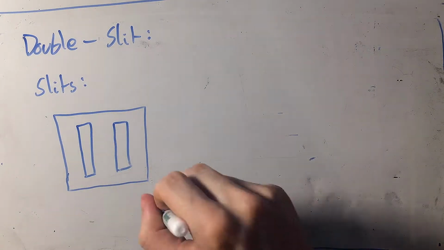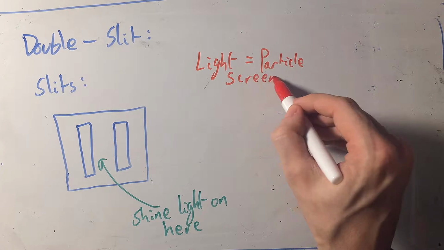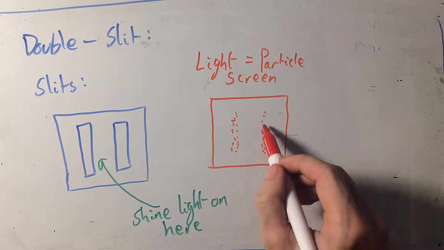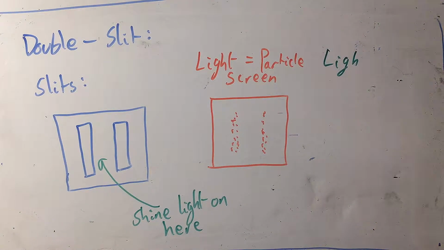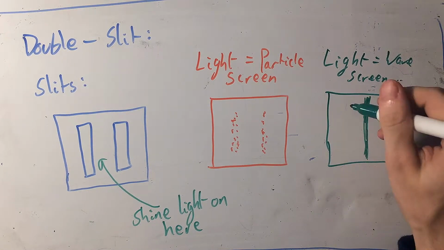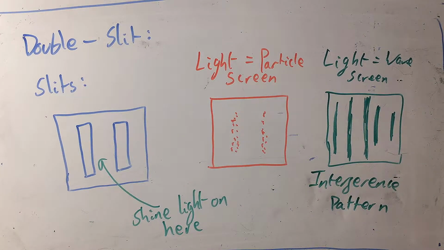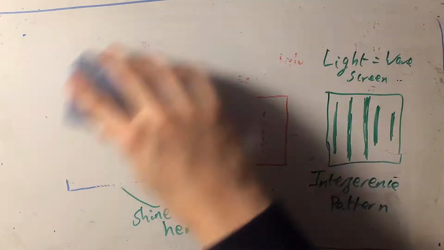In the experiment we have one wall with two slits in it, and another wall behind it that acts as a screen. If light is a particle, you expect there to be two bands of hits on the screen behind the two slits. If light is a wave, you get some spooky magic called interference, which produces a set of bands all along the screen, called an interference pattern. Young conducted his experiment and found that, lo and behold, an interference pattern appeared on the screen behind the slits. This was a decisive victory for the wave model over the particle.